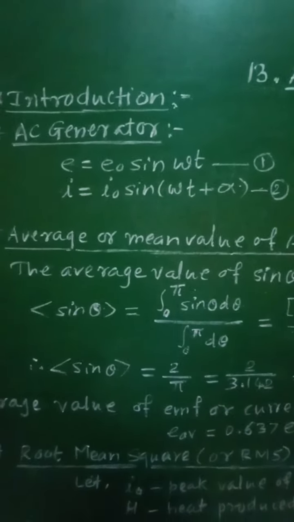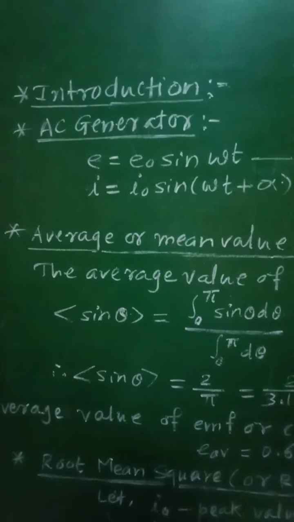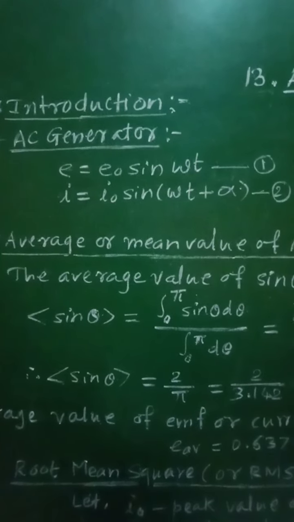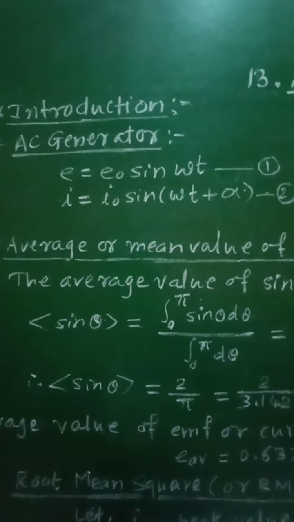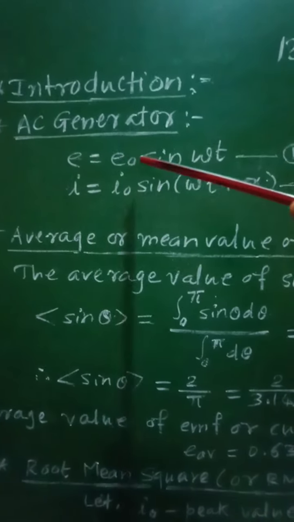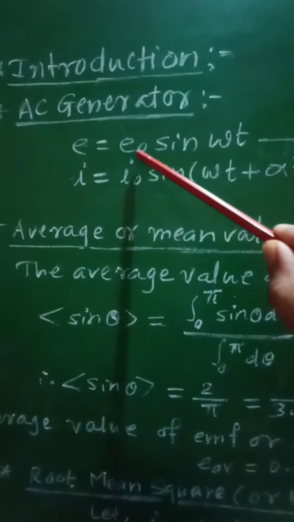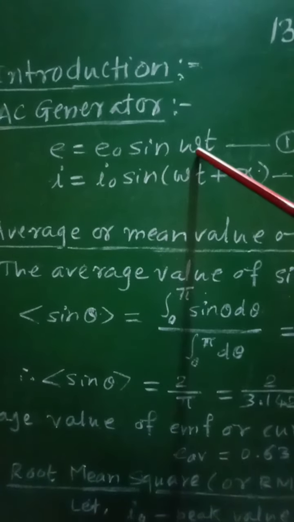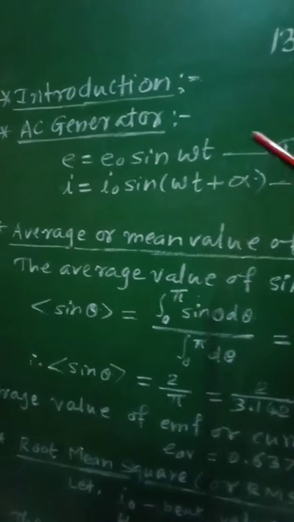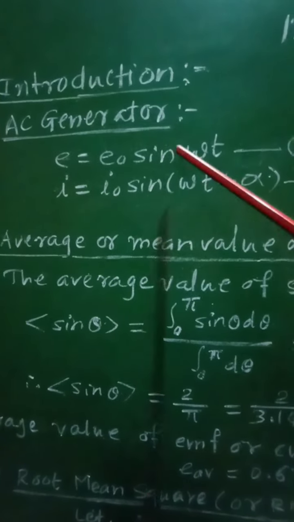And now let us see AC generator. This point we have already studied in the previous chapter, and therefore we know that the time dependent EMF E, produced by the source of AC is given as E equal to E0 sin omega t, equation number 1, where E0 represents the peak value of EMF and omega